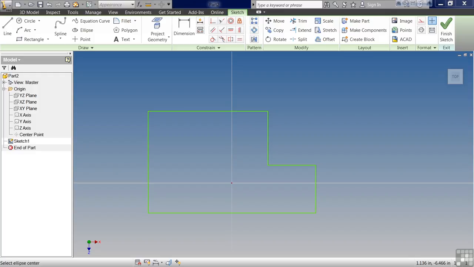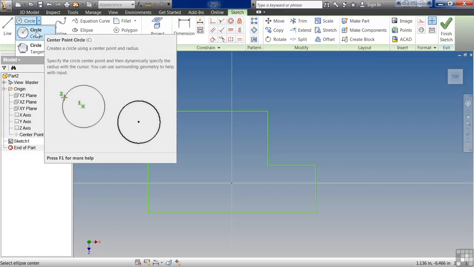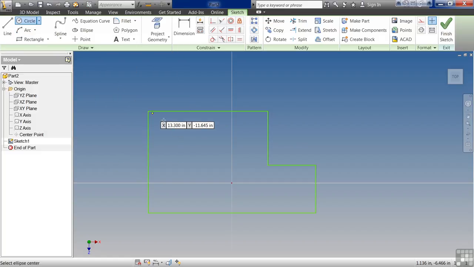In this exercise, we're going to be discussing creating circles. In Inventor, we have two options for creating a circle. We have circle center point and circle tangent. Center point being the easiest, we select on that tool, drop the center point of the circle, and we drag